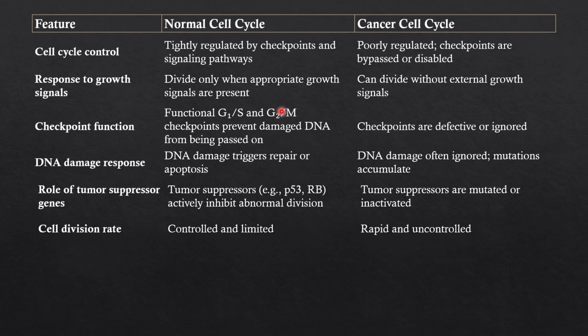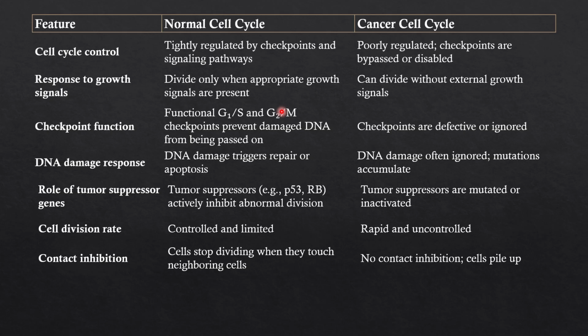The rate of cell division is also very different. The normal cells divide in a controlled and limited manner, whereas the cancer cells divide very rapidly and uncontrollably. Another important feature is contact inhibition. Normal cells stop dividing when they come in contact with neighboring cells, maintaining proper tissue structure. And the cancer cells lose this property and show no contact inhibition, which causes them to pile up and form